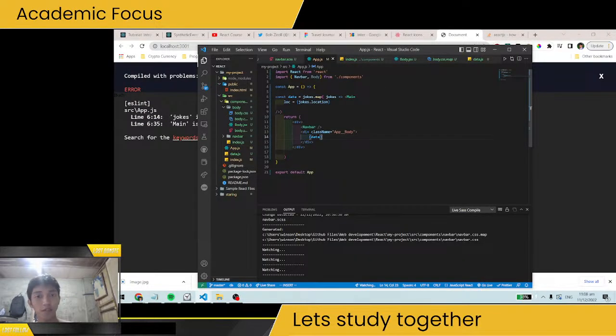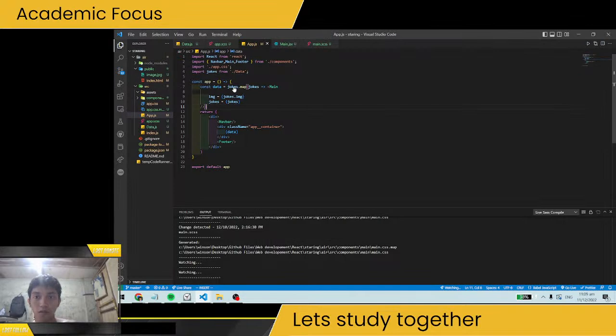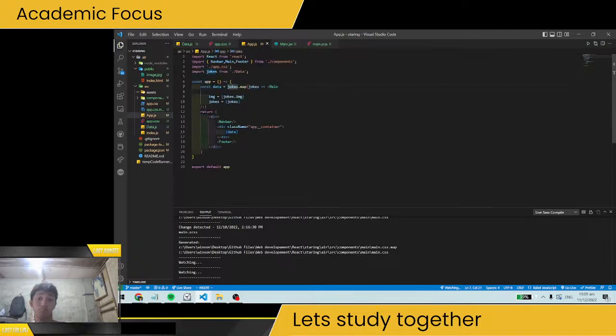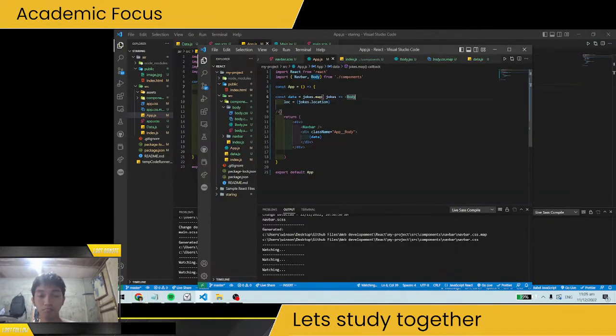I hope it's working now. Jokes is not defined. Jokes dot map. It's not the main event, it's the body. I don't know where the joke came from. I don't know how to check this one. Maybe